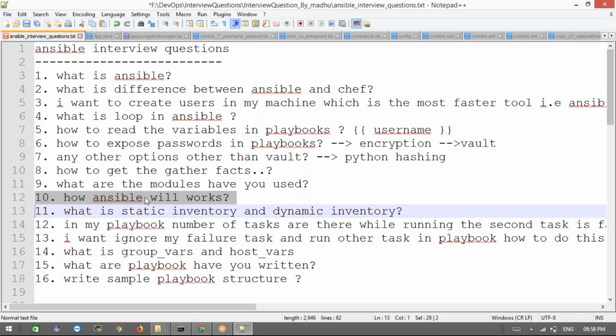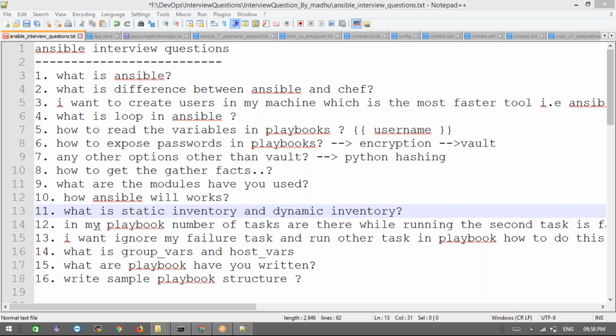Now how does Ansible work? Ansible is a push mechanism. If you write a playbook, you can configure it onto the nodes, like whichever IPs you want to run for a particular group, it will run on that particular group. Okay, what is static inventory and dynamic inventory? The IP addresses we have, you can configure in the inventory file, that is the static inventory. If you don't have IP addresses, and it creates the instances so that you get them on the fly, that is what we call a dynamic inventory. We discussed yesterday, right? It's the same thing.